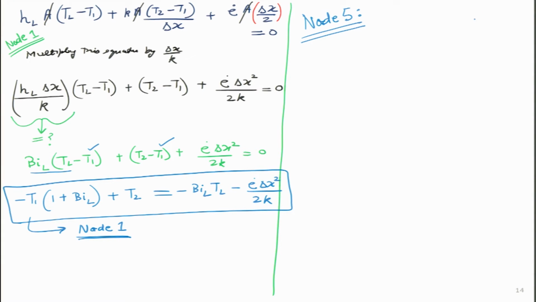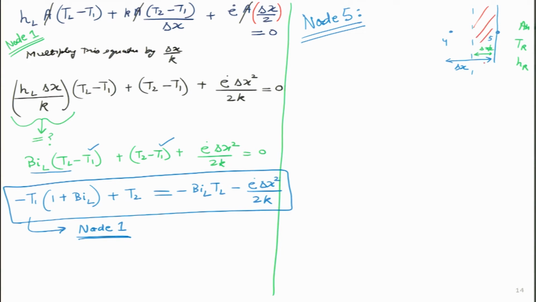So, what we can draw over here is that this will be node 4, this will be node 5, which is the exterior node. I will write it slightly over here. First, I will draw this: this will be node 5, this will be node 4, and this will be the boundary between them. So, the distance between them is delta x, and the thickness of the last node is going to be delta x by 2. The conditions over here are Tr and Hr. These are the properties of air,